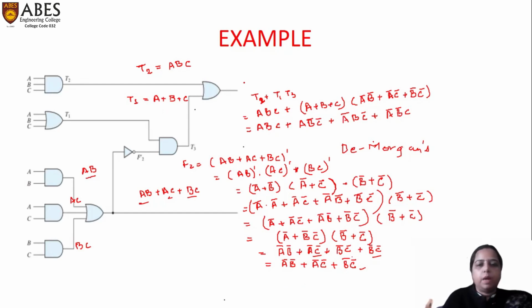Now we come to this part. Here we have T2 plus T1, and from here we have T1 is given to this function, that is T3. So T3 is equal to nothing but T1 multiplied by F2. So here we will have this function that T2 will be added to T1,